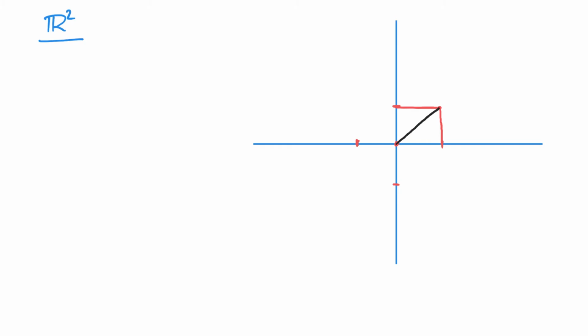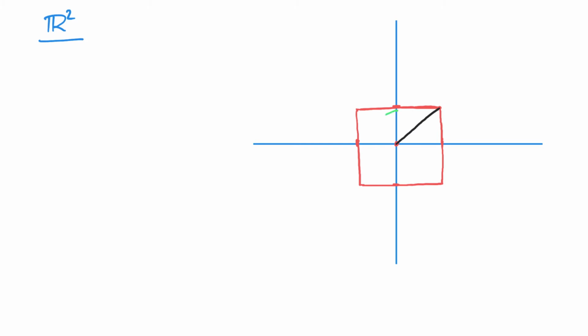Recall that the distance of this point to origin in the Euclidean distance is equal to square root of 2, which is got by Pythagoras theorem. We can further notice that if you take any point on the red square, for similar reasons, we can show that all those points are at a distance 1 from origin. And all points inside the red square are at a distance less than 1 from origin.